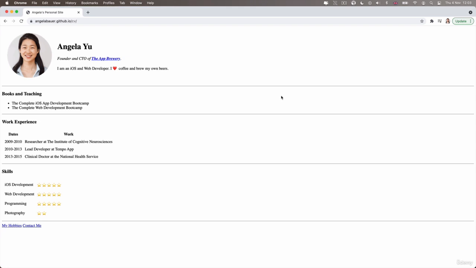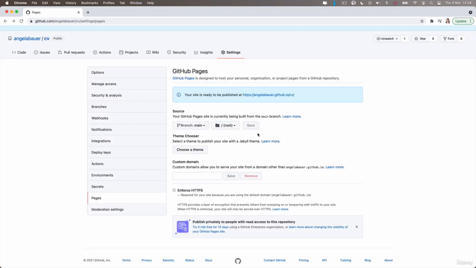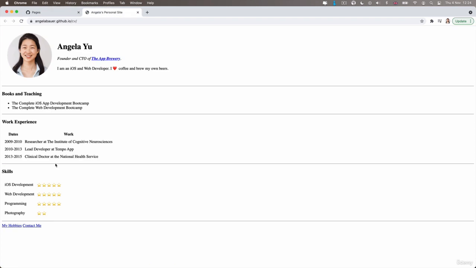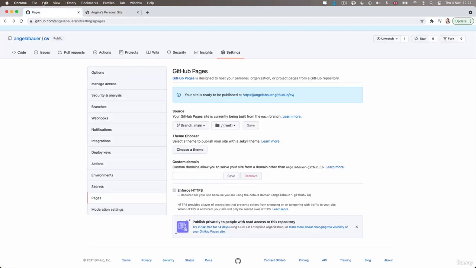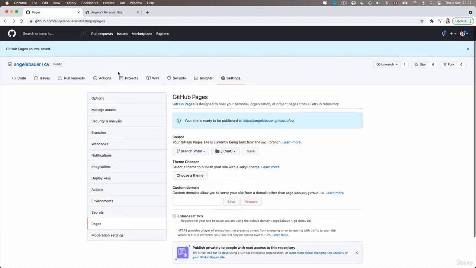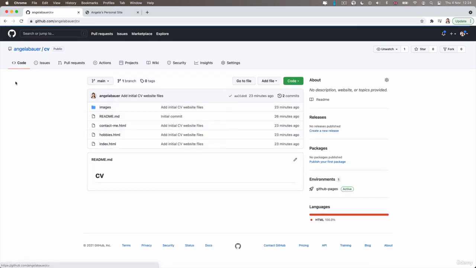So you can go ahead and go over to angelbauer.github.io/CV, and you too will be able to see this website that I just uploaded and I'm looking at right now. Now, if after half an hour you click on this link and it still doesn't show your website, or there are some inconsistencies on it, then you might have to troubleshoot your setup because you might have made a mistake somewhere. Now, the first thing I want you to check is to go to the code tab here